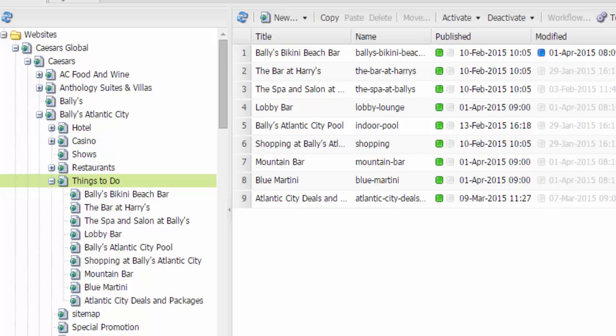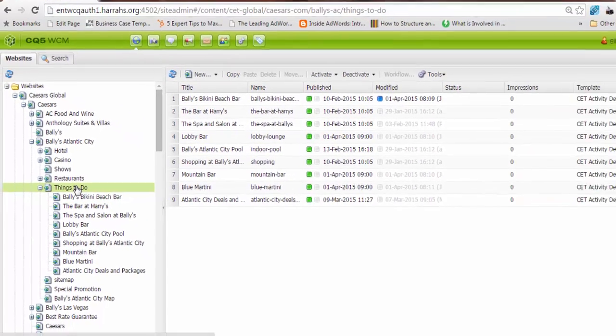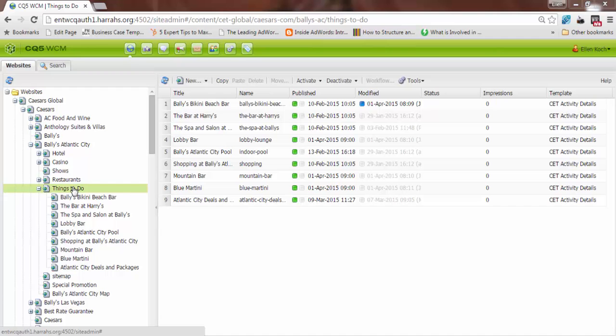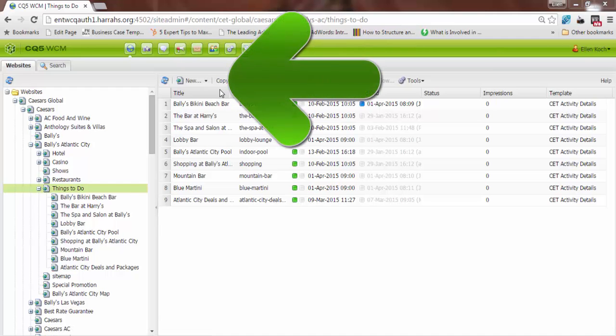Assuming you've already created your scaffold page, you'll find the corresponding section in the website you'd like to edit. In this case, I've gone to Caesars Global for the websites, Bally's Atlantic City Hotel, and in the Things to Do section. We're going to create a Things to Do sample for this tutorial. To create a new page, you'll go to